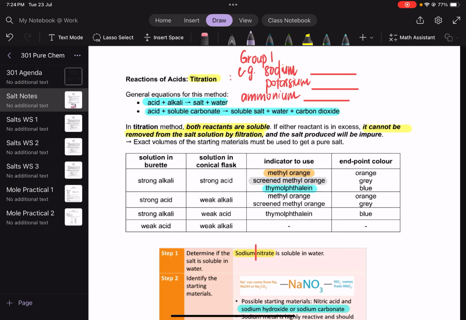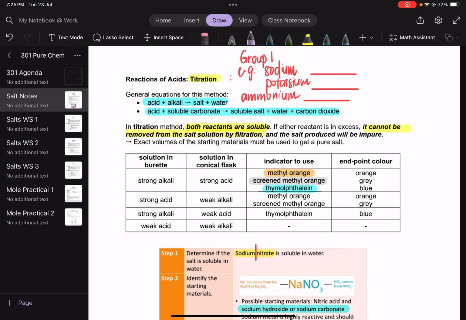Hi Sec 3, today I will be going through titration, which is method 2 in salts preparation. This method is used to prepare soluble salts, or sodium, potassium and ammonium salts. We have learned method 1 yesterday, where we can prepare a soluble salt by reacting an acid with metals, insoluble